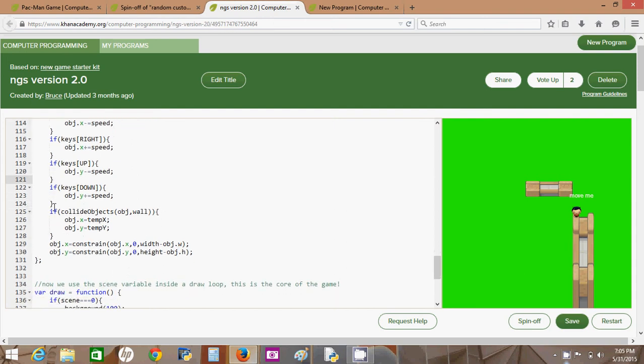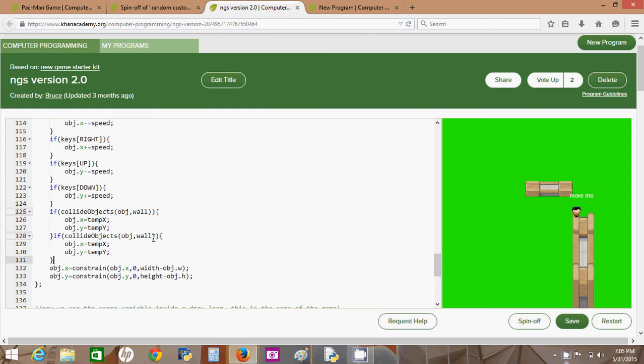But here is the collide. So I think I can just duplicate this line of code right here with wall 2. It's a very slow way of coding things. Not my favorite. But